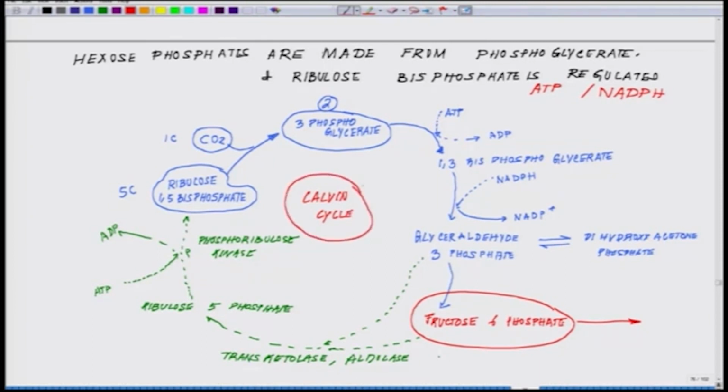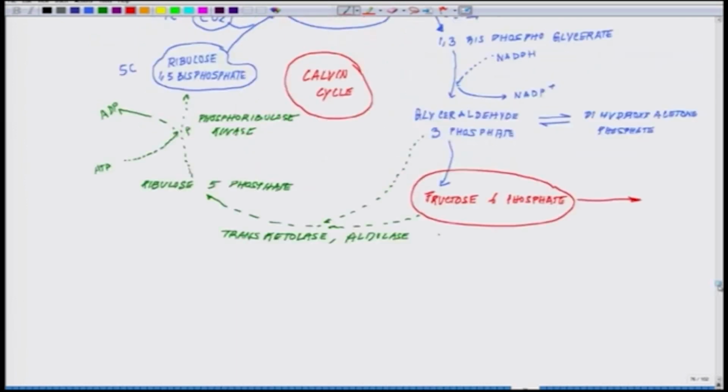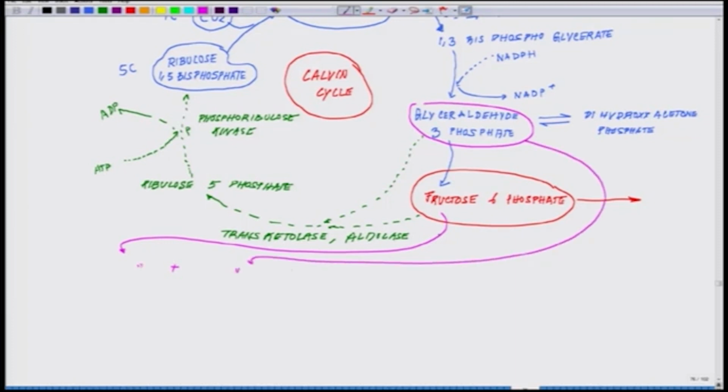and out here there are a few other things which I am going to highlight now. What is happening to fructose? So, you saw that fructose 6-phosphate out here. What are the other fates of fructose 6-phosphate? So, if you take this fructose 6-phosphate here and react it with glyceraldehyde 3-phosphate, the product you will get, using transketolase as the enzyme, is